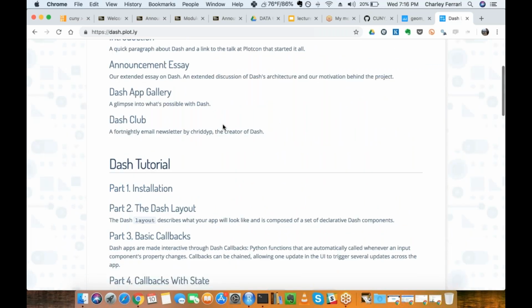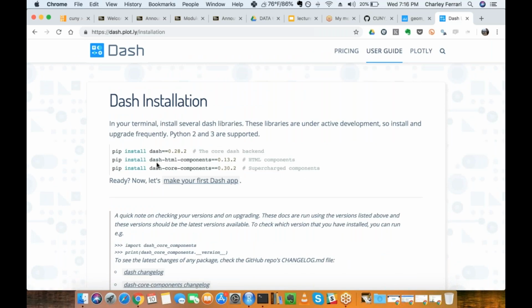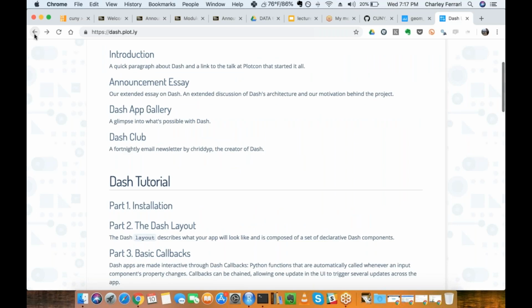And to just sort of highlight a few of the greatest hits here. It's better to go through all of this, but Dash is installable just like any other Python package. So you're just going to need to pip install your packages. Conda install should work as well. And once you do, you'll be able to get yourself set up with Dash.